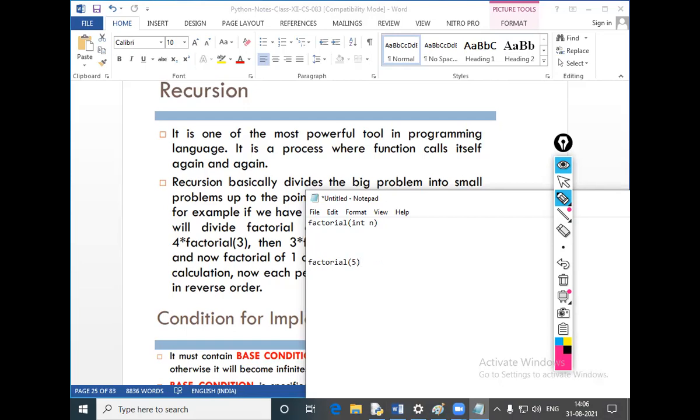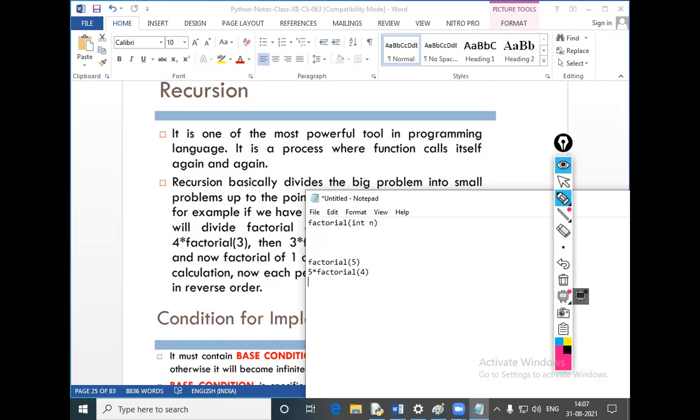So what does it mean? The meaning of factorial 5 is that it will be 5 into factorial 4. Here we are calling the same function, and the function name is the same. What is common is the function name and parameter, but the parameter value is different.